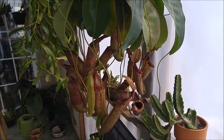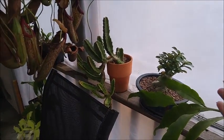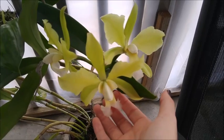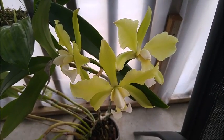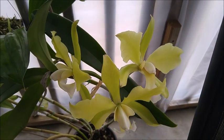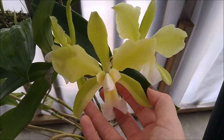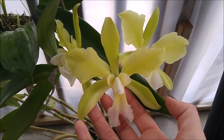There we go. So I've also brought in my succulents, like my adeniums and my stapelias. Another blooming baby. I don't think I updated you guys on this one. He's been in bloom for a while though. This is my BLC Cattleya, BLC Green Dragoon. That was a hard one to say. He's not fragrant, I don't think. I have tried smelling him at different times of the day, and I haven't been able to detect a fragrance